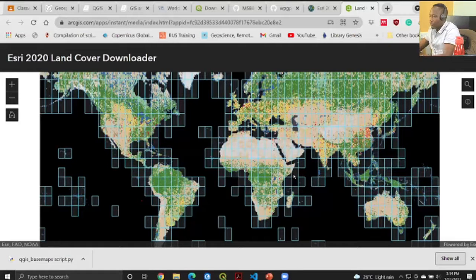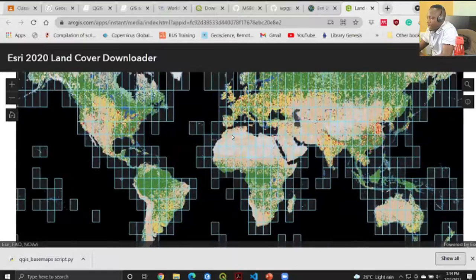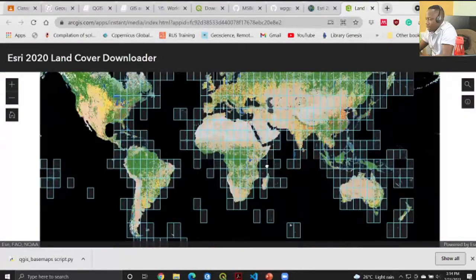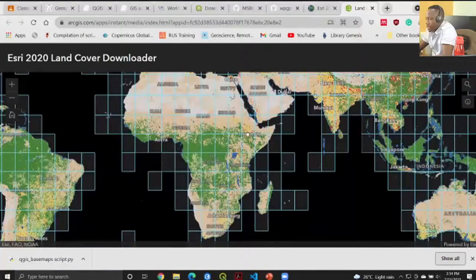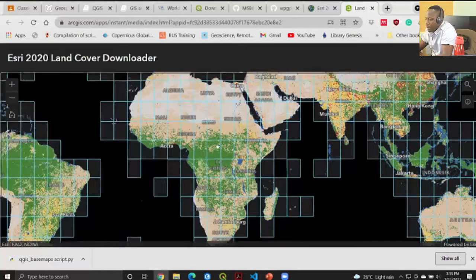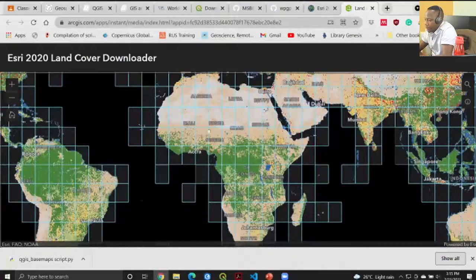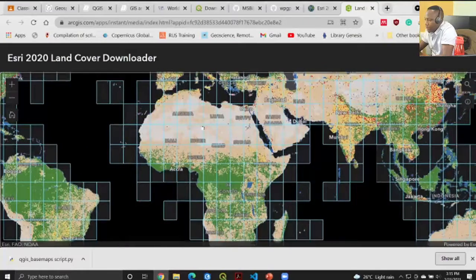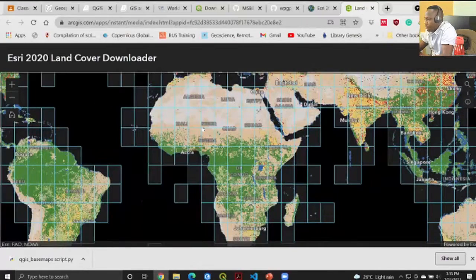Now, what Esri has done is to make sure that it provides data in tiles. So each square is basically a tile. If you click on a tile, you should be able to download that tile to cover the area of your interest. I think it's better if you have all these data sets covering your country or even the whole